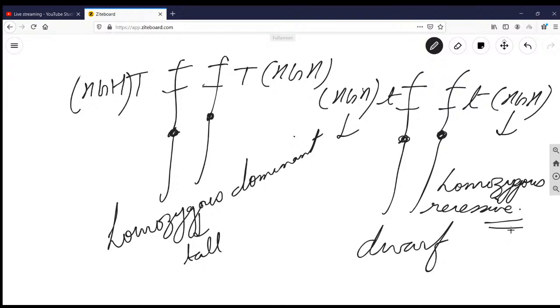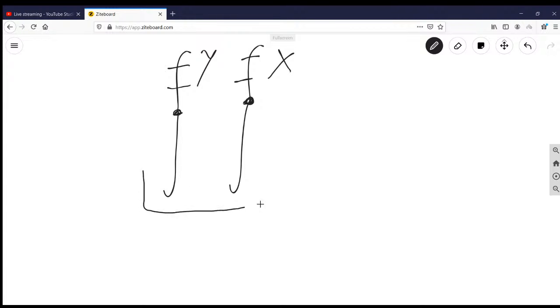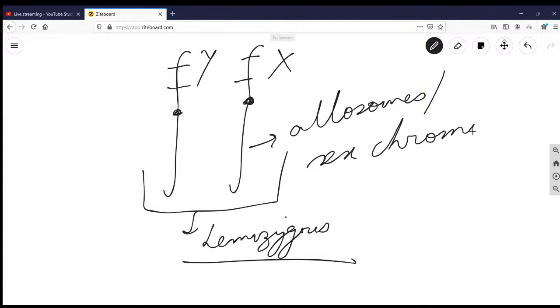The only case where the pairing does not involve the same or alternate forms of the same allele is the XY chromosomes, or allosomes. Suppose this is the Y chromosome and this is the X chromosome. The genes will be completely different because this is X and this is Y. Genes will not be the same, but they pair up. That's the last pair. So they are known as hemizygous, meaning half of the genes. They are a hemizygous pair because they are not a homologous pair of chromosomes. They are completely different chromosomes, the allosomes, the sex chromosomes.